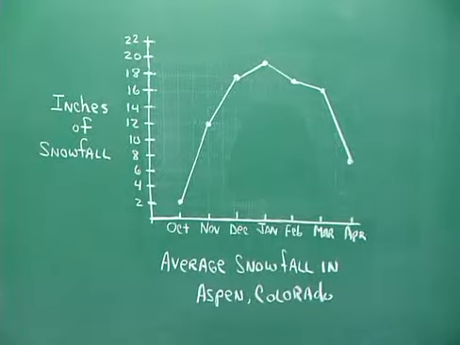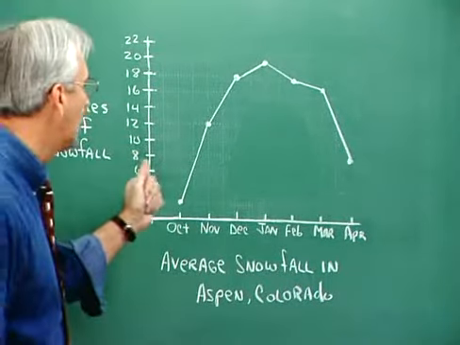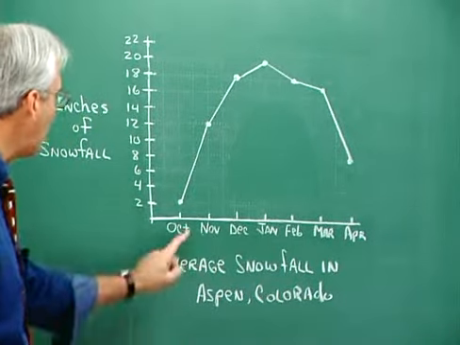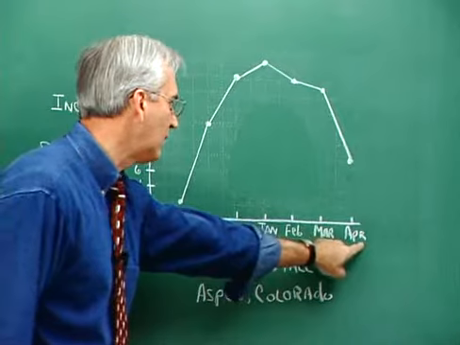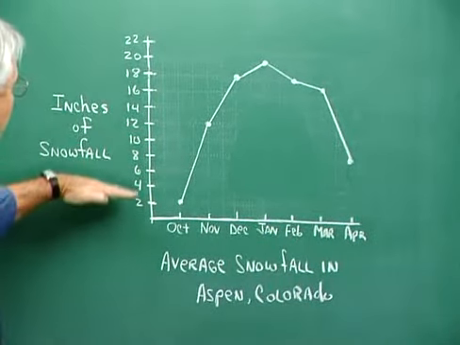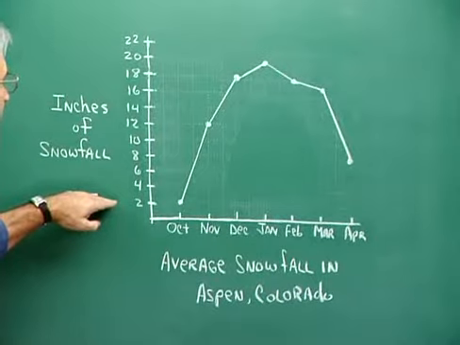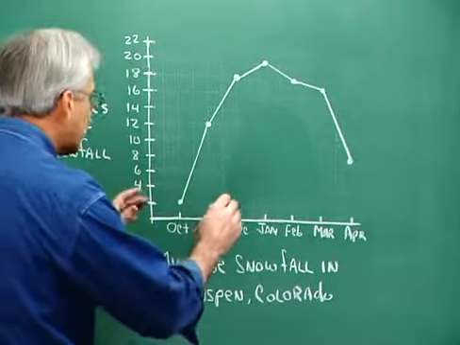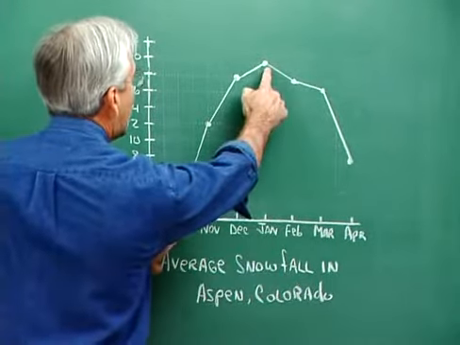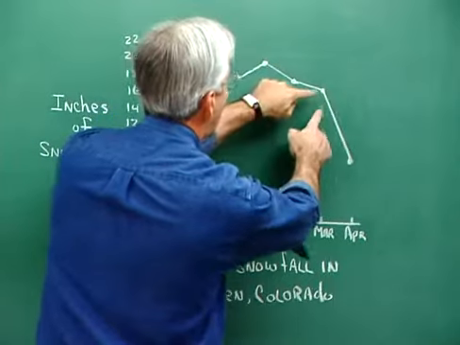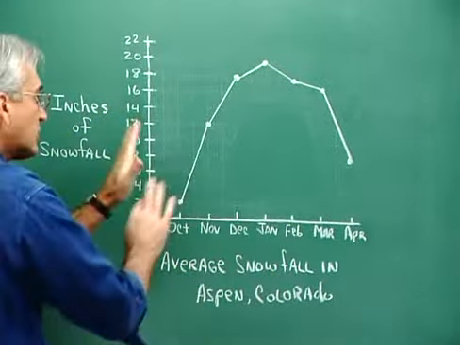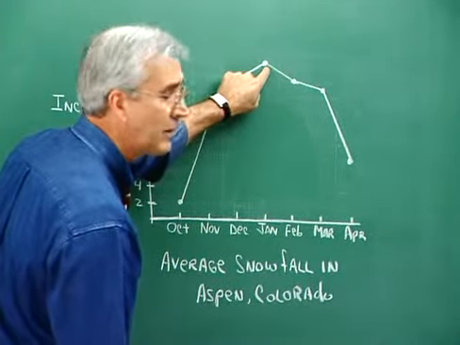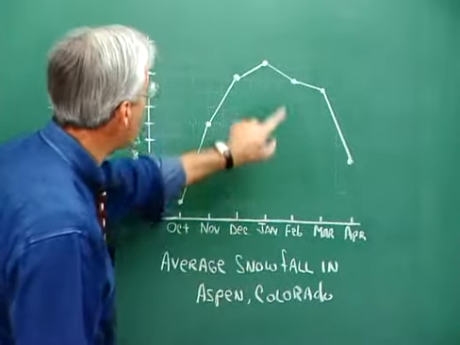Broken line graphs are really good at illustrating trends, and here we have a graph of average snowfall in Aspen, Colorado for the months from October through April, and the inches of snowfall are given along this vertical column. Notice that the snowfall amounts increase dramatically from October through January, then drop off for the next couple of months, and then drop off dramatically from March to April. So we can see those trends very quickly here. We also notice that the largest amount of snowfall is in the month of January,